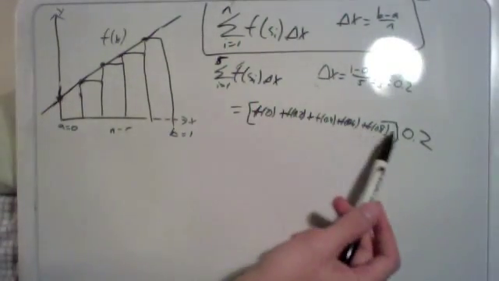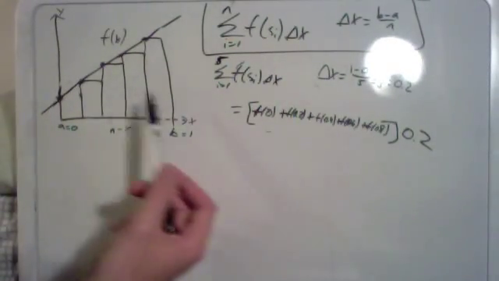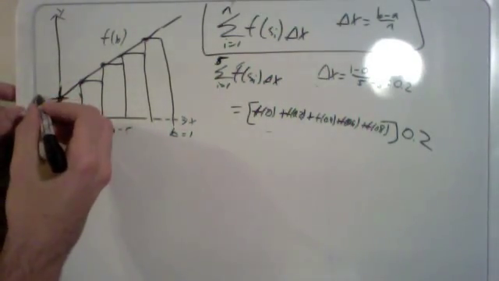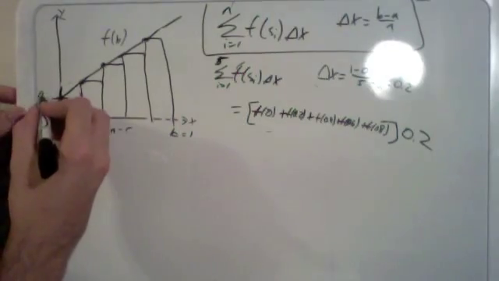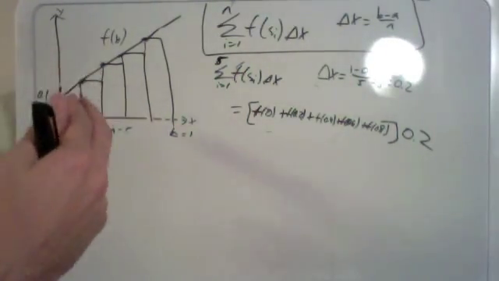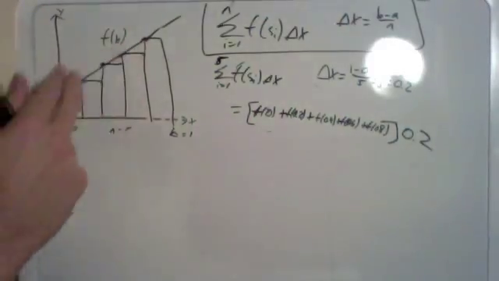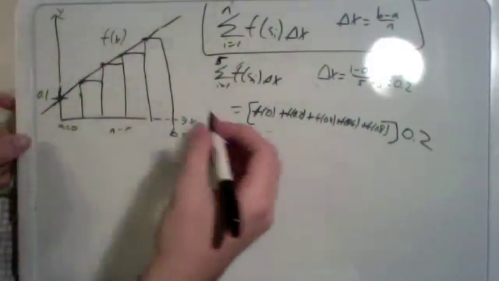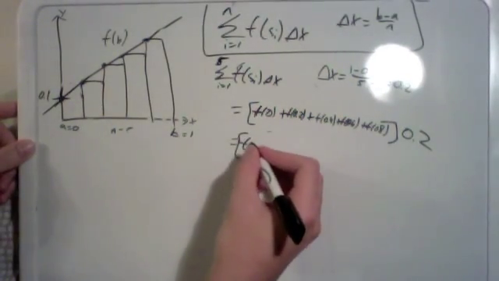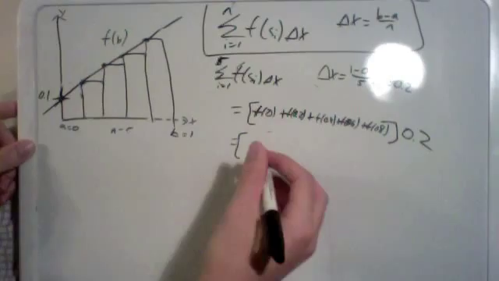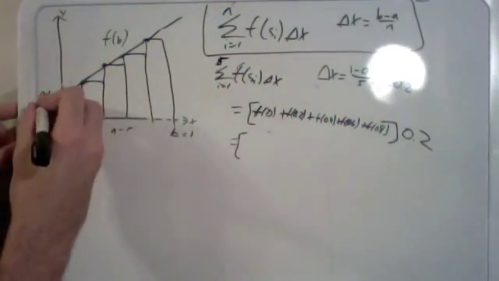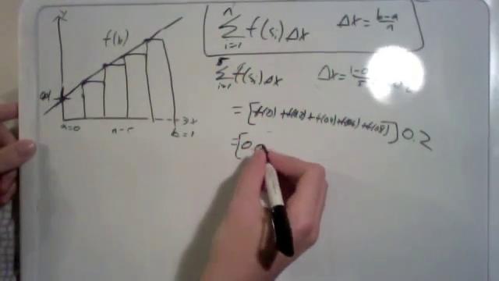Now we just evaluate each of these in here. And if you look below this video on the lesson tab, you'll see these are all marked so you can figure out what these values actually are. I'm not going to go through it and mark it on here because it would get really messy. But just look at that graph down there if you're having trouble following. So this f of 0 is going to be equal to 0.01. It's going to be 0.01